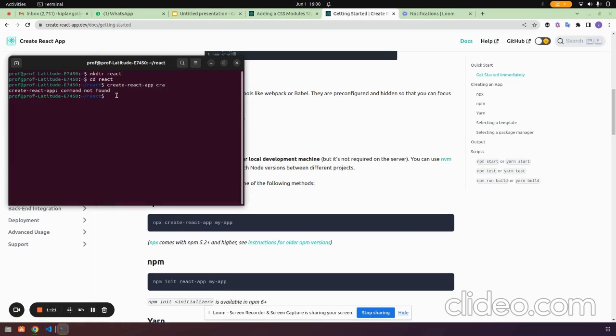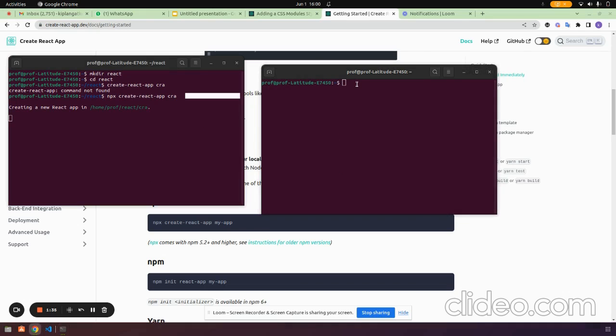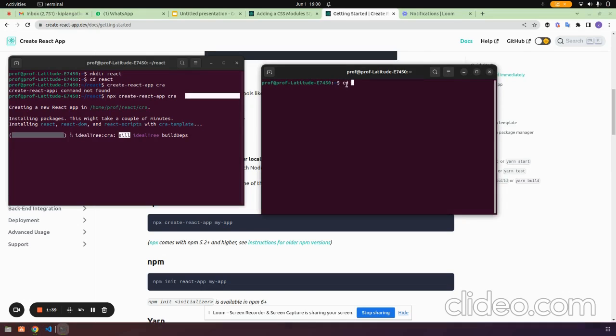We forgot to add npx, so let us add npx, and then we create our app CRA, and then we run. We will be running both the Vite and the CRA